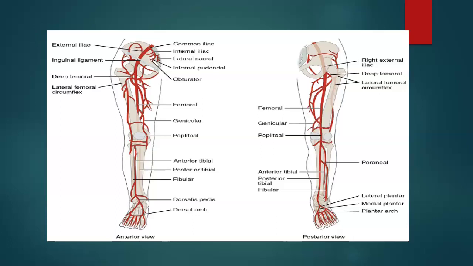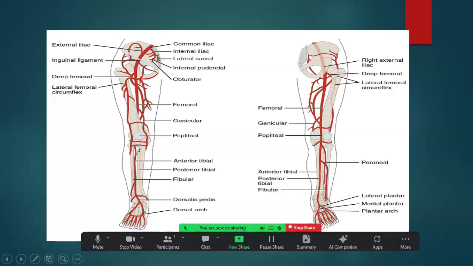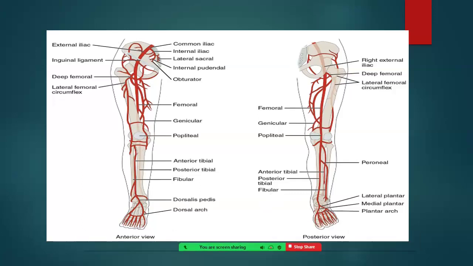So this is the basic anatomy that everyone is aware of. We have the common iliac artery, external iliac artery, and the femoral artery, and these are the anterior tibial and posterior tibial arteries, and this is the profunda. This is how it divides, making the dorsal arch and the plantar arch. Everybody is aware of this. This is important because below the knee we must make flow in at least one of the arteries, whether anterior, posterior, or peroneal. We have to make flow in one artery to heal the ulcer, whether targeted or non-targeted.